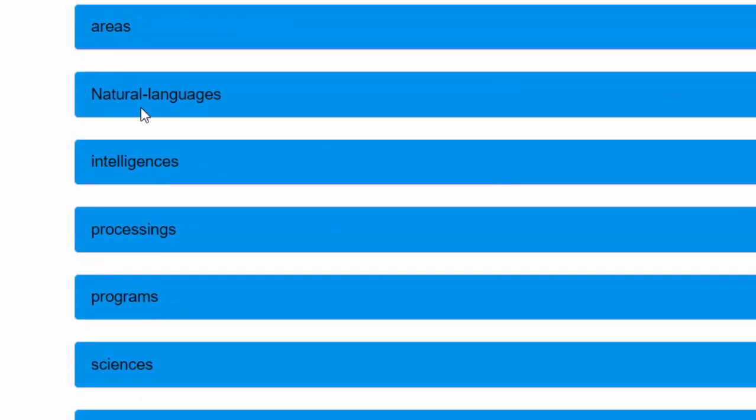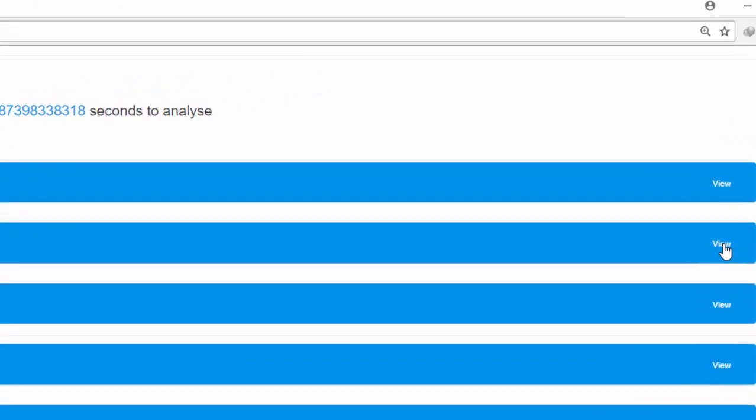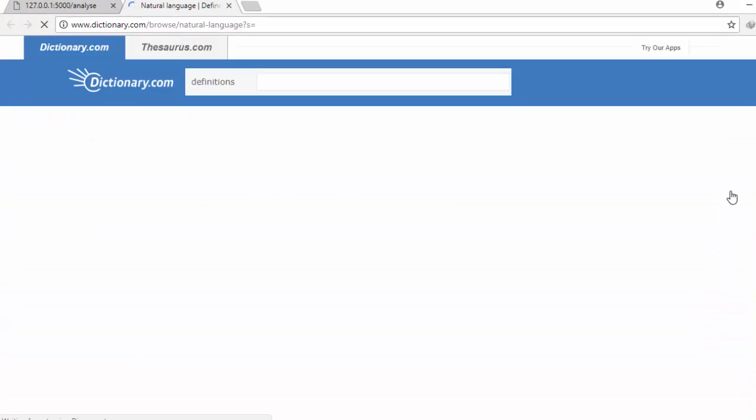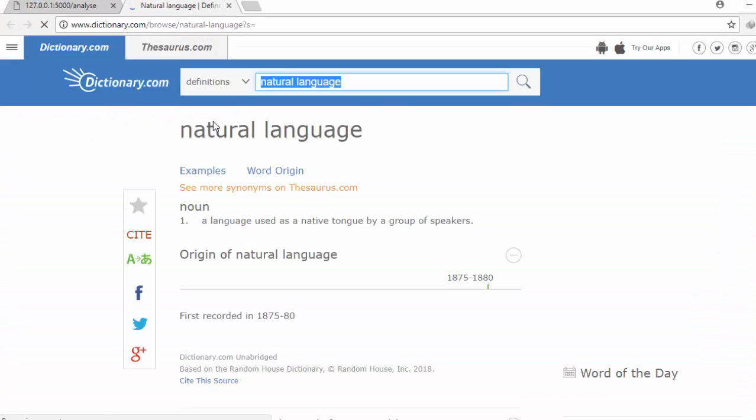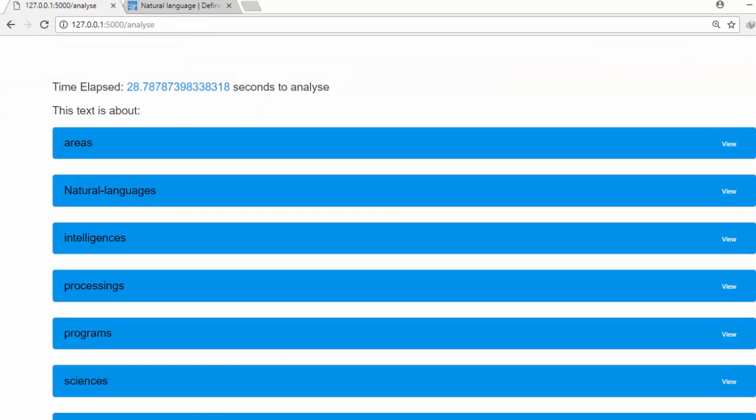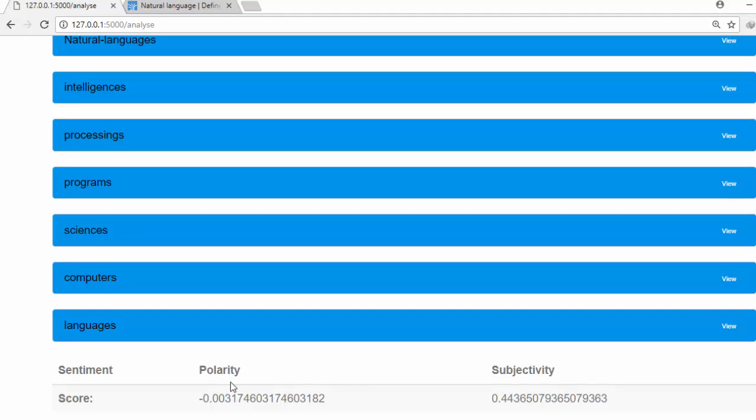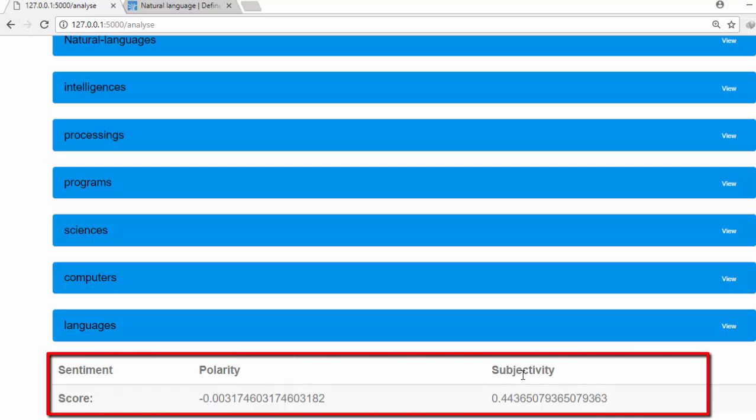If I see this and I don't understand it, I can just click on this view. Then it's going to automatically open an online dictionary and give me a definition. So this is the definition: a language used as a native tongue by a group of speakers, that is natural language, right? Okay, so again, it also gives me the polarity. So what is the polarity? We have the sentiment, a negative polarity of 0, and then the subjectivity is 0.44,